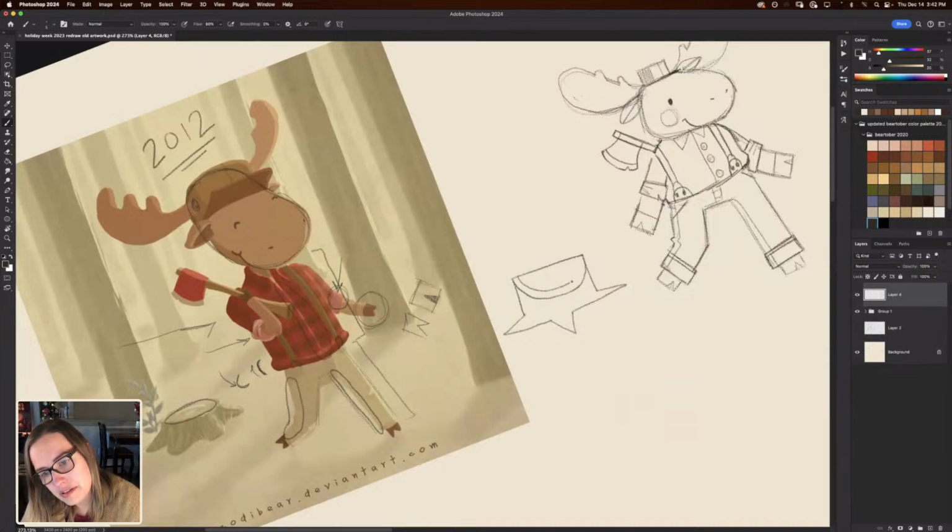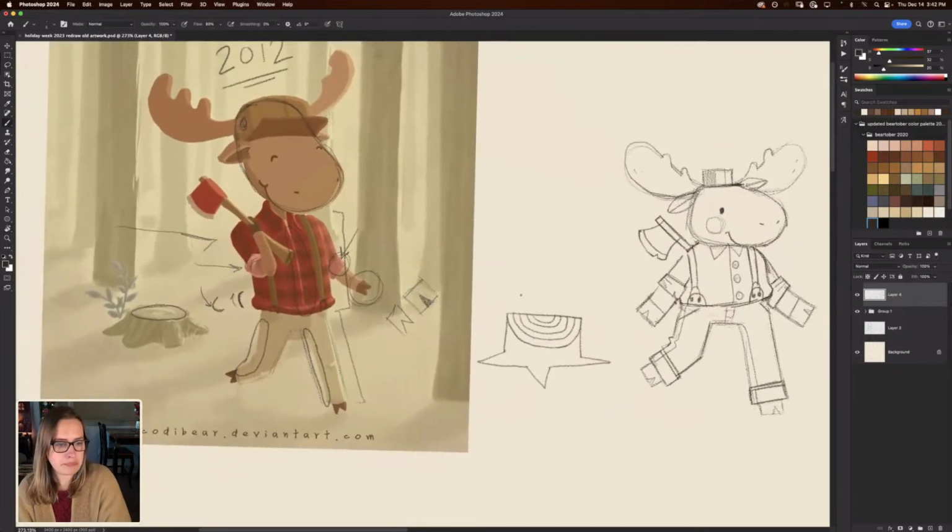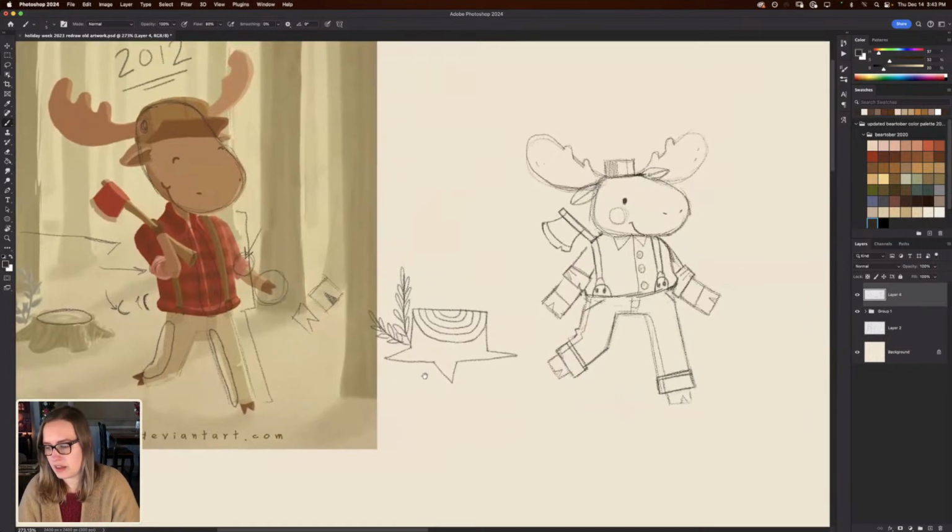And then I'm also going to probably draw the tree rings, something like this, and then we will do the little plants. Like that. And